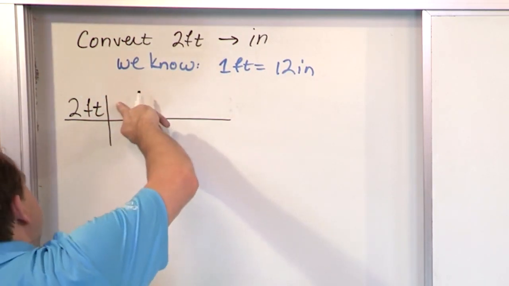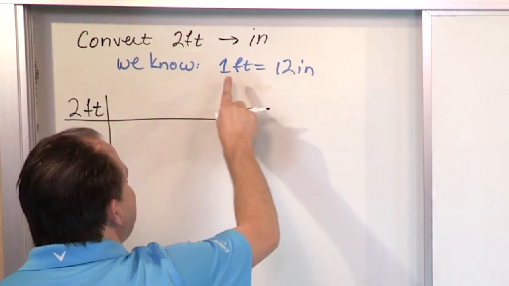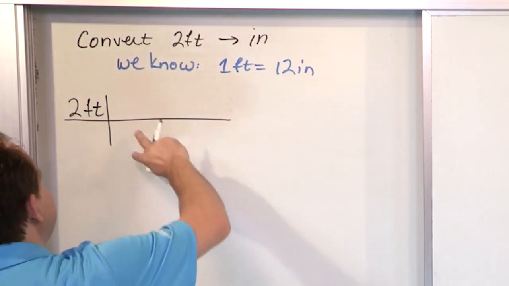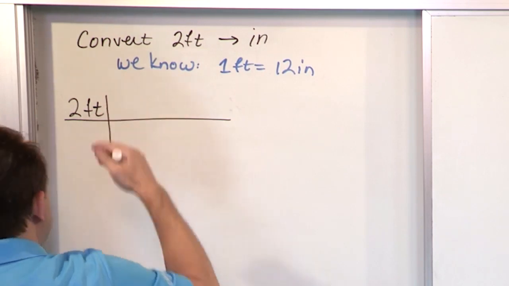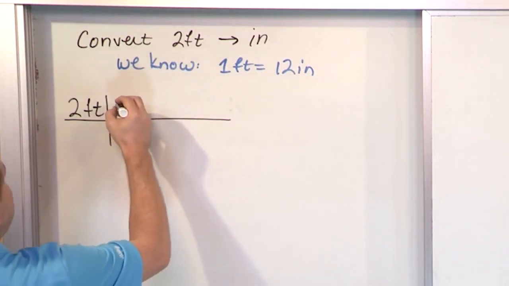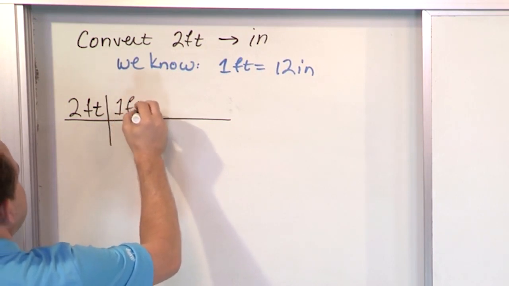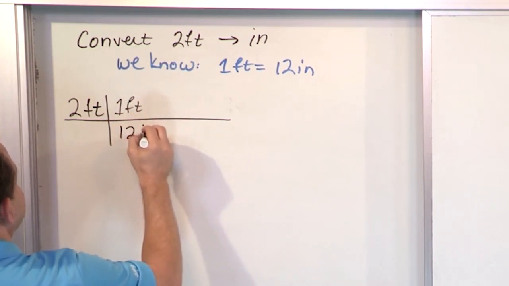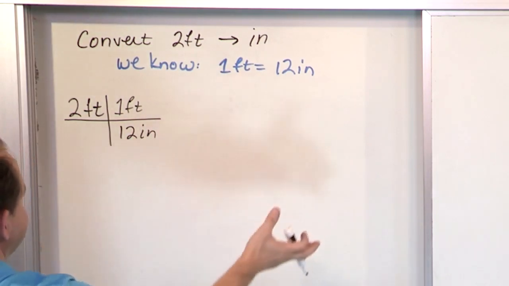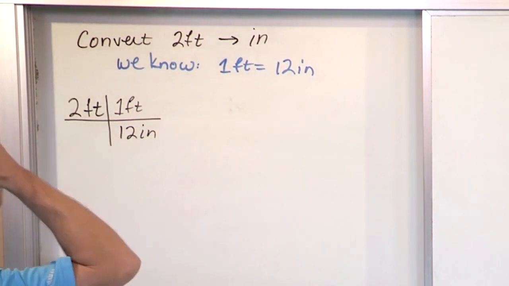Now over here in the next spot, I have to write down my conversion factor. I know that 1 foot is equal to 12 inches. And I can write this down here in 2 ways. Let me write it the wrong way first, and then I'm going to write it the correct way. I can write it as 1 foot equals 12 inches. Okay, I can write that. Which means I would basically stop because you'll see why in a second, but we're basically done. But this